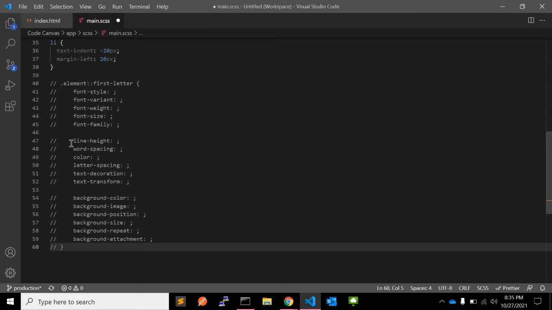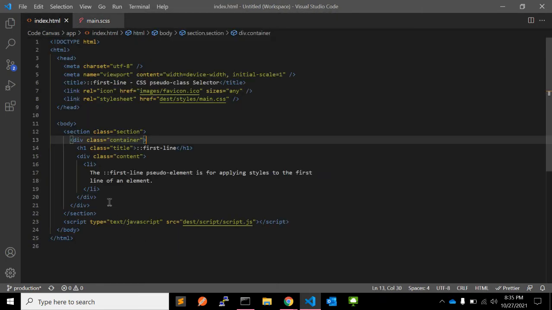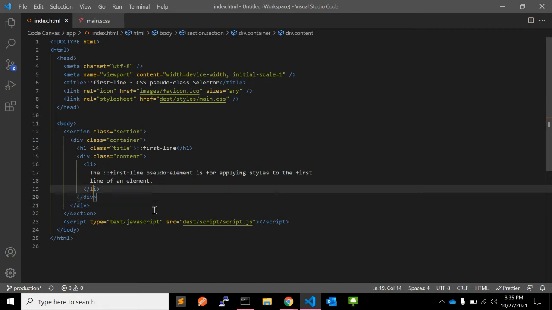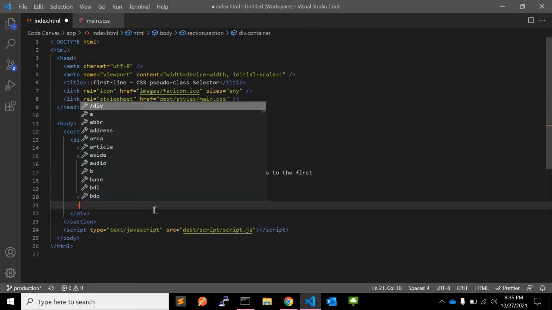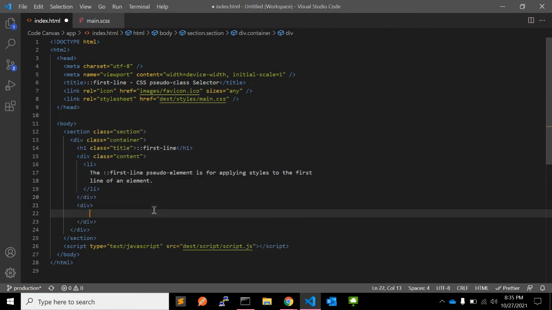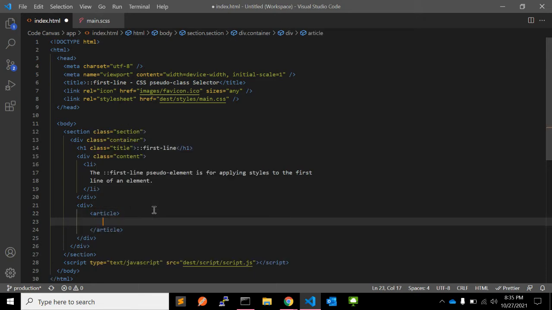Okay, let's see about specificity. For example, we have one HTML. Let me add some HTML here. Outside of that content div, there is one more div. In that div, I can add an article. In the article, there is one h2 header.